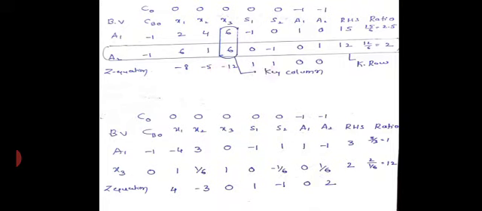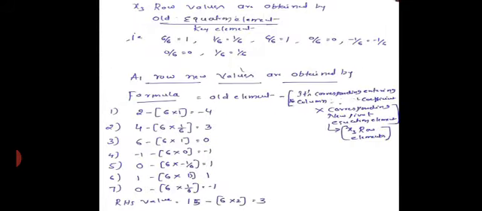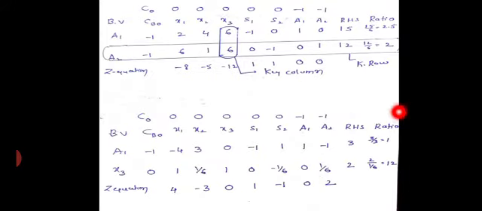Understood? In the next table, A2 is going to be replaced by your x3. See here, x3 will be replaced here, and its coefficient will again be 0. Understood? And how to calculate my A2 row now? A2 row, how have you calculated it? Nothing but x3 here. Once you have replaced it by x3, its coefficient value will be 0 in the objective function. Now how did I get the x3 row and A1 row?